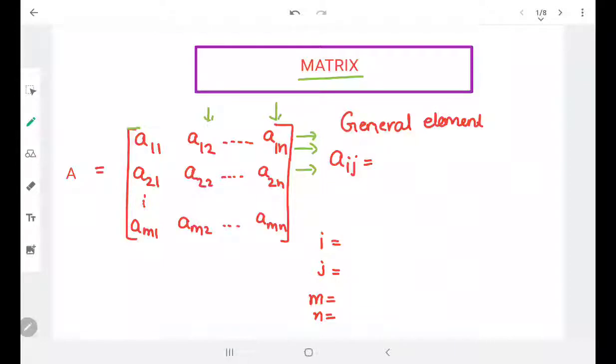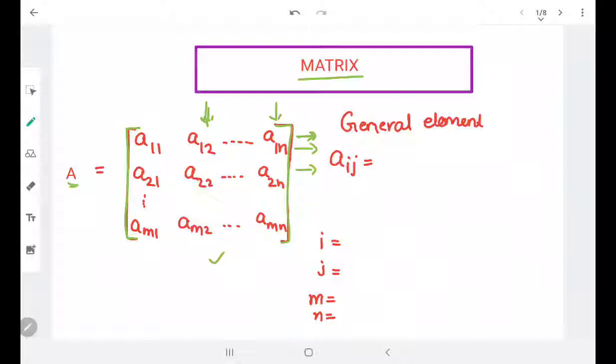These two lines, and then elements will be written inside it in the form of rows. Rows means horizontal lines, and then in the form of vertical lines, these are called columns. So this is a full representation of a matrix. In general, to represent a matrix, we use simple capital letters for its name, because every time we cannot write the whole matrix again and again. So if we have to mention that matrix, we just call it by its name.